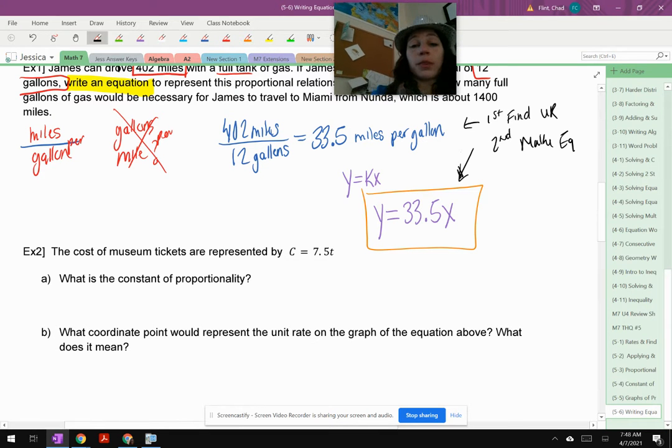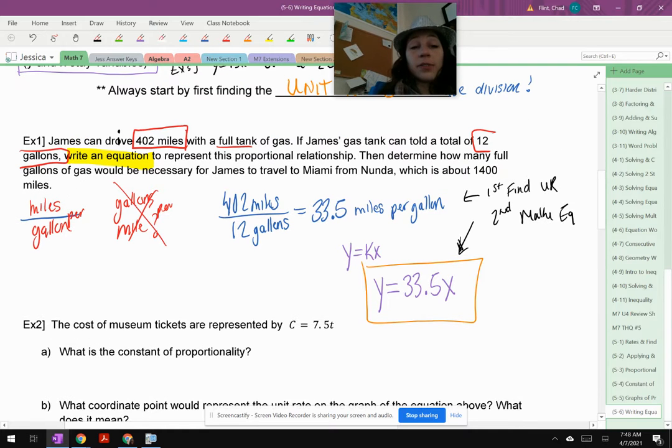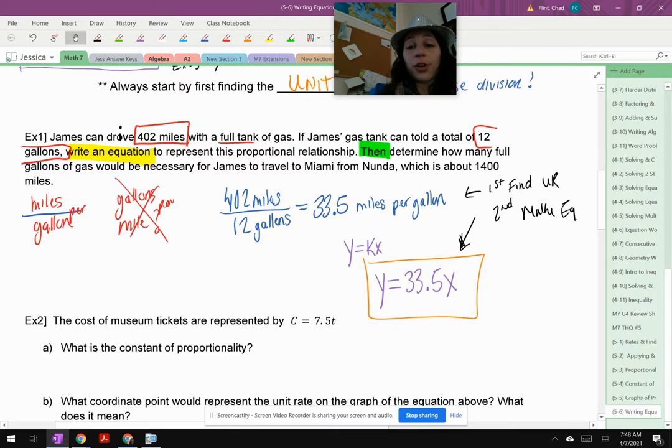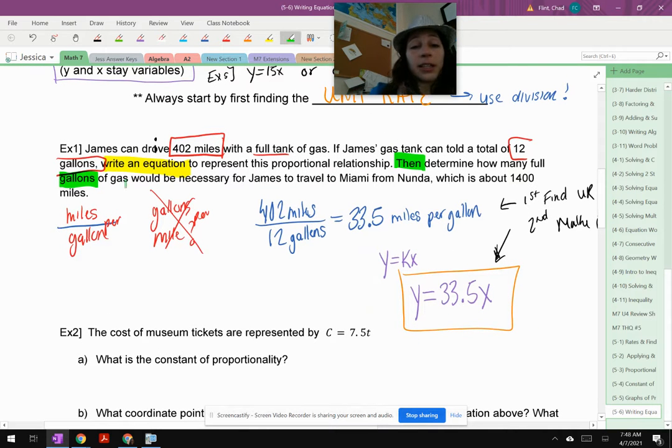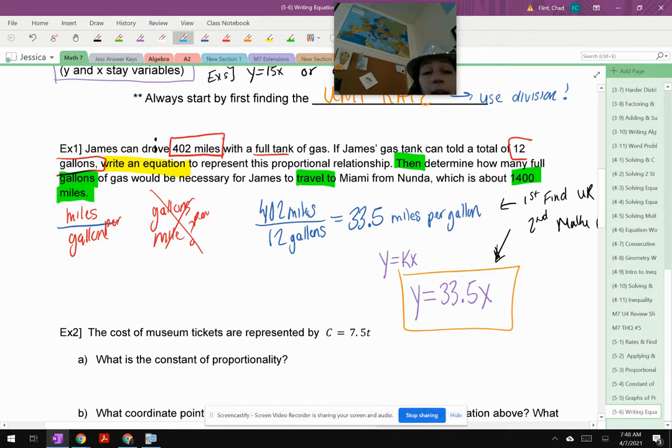Boom. So then, the next part of this, because this asked me two questions, the second question was to determine how many gallons would be necessary for James to travel 1,400 miles. Remember, the fact that 1,400 miles is from Miami to Dundee is kind of fluff. That's just information. So if he needs to go 1,400 miles, and he goes 33.5 miles per gallon,